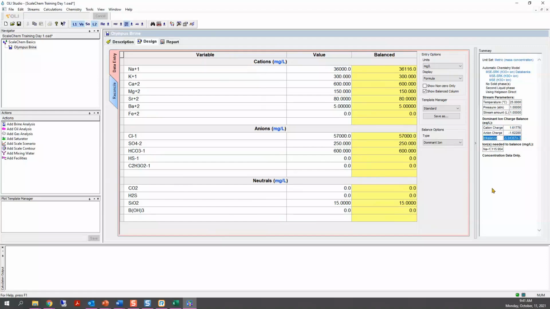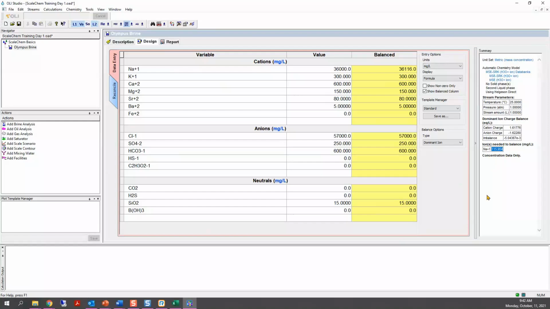There was a negative imbalance, okay? In this case, that means there are more anions than cations. And the amount of sodium plus, which the software has selected, to make this solution neutral is 116 milligrams per liter of sodium ion.